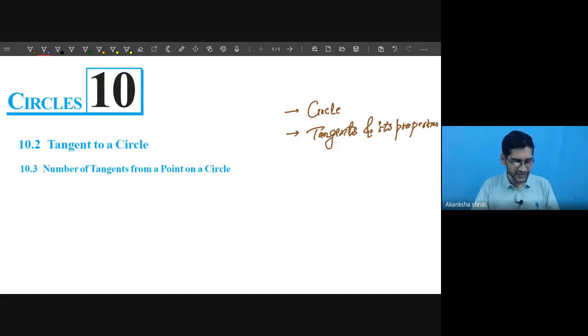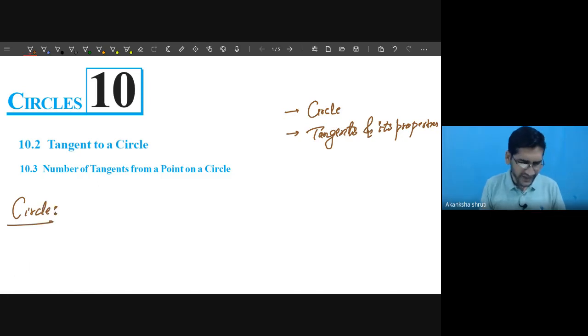Good evening, students. Today we are going to learn about this circle. In this 10th standard, we have to learn about the tangent to a circle and its property. The various terms related to this circle, we had already learned in the chapter on area related to circles and also in class 9. So here we have to start with the tangent to a circle only. Okay? So let's start. What is this circle?